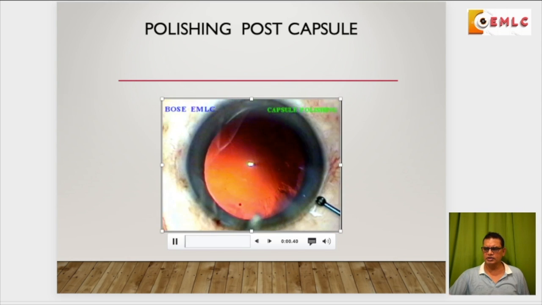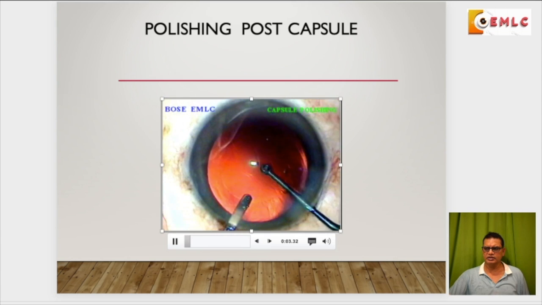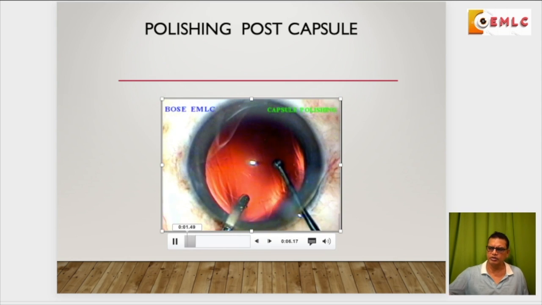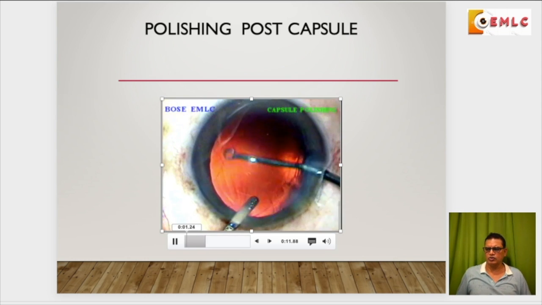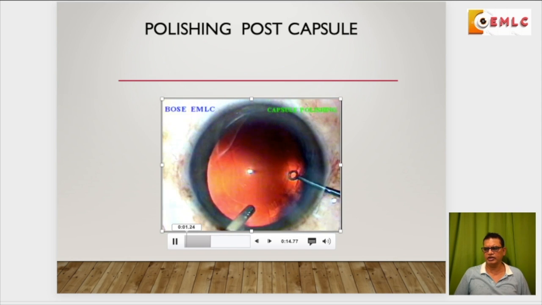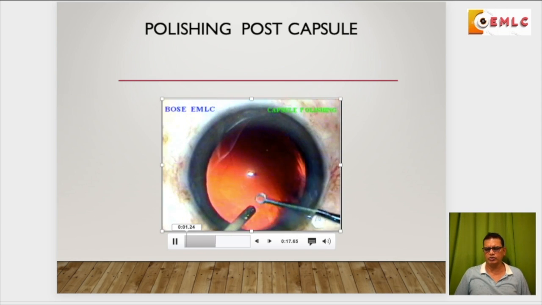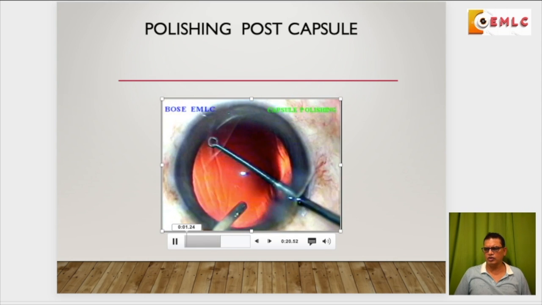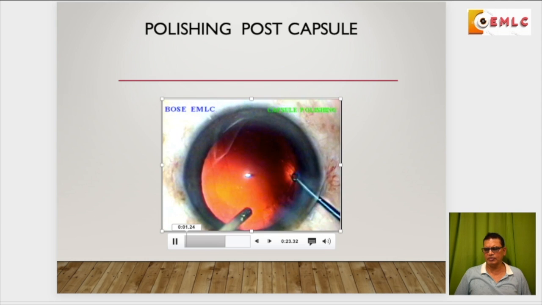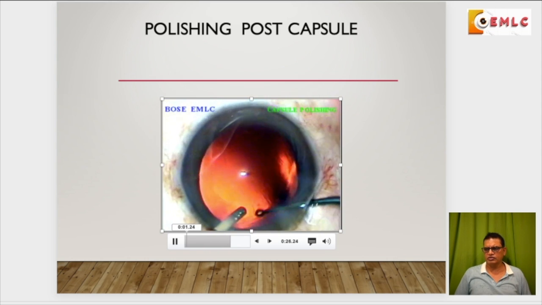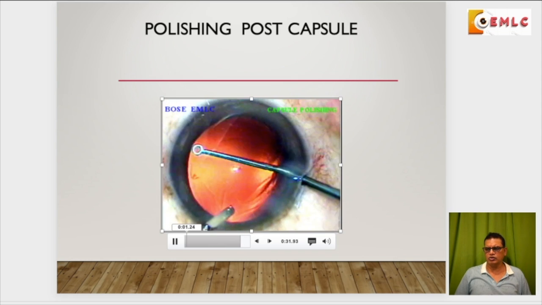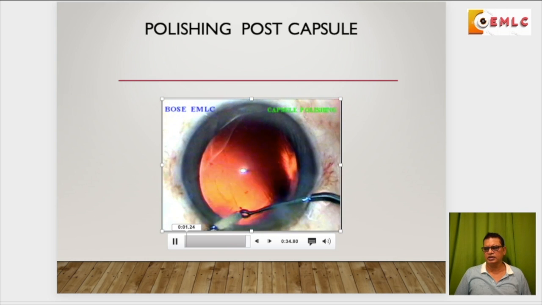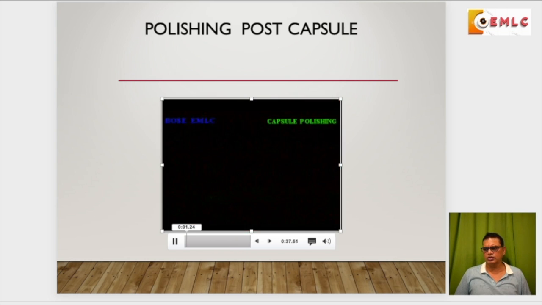Another very important technique I do in most of my cases is that at the end of the procedure, I polish the posterior capsule either with the phaco tip itself with a setting as low as 10 millimeters of mercury vacuum and a flow rate of about 8 to 10, just to remove all the particulate matter attached to the posterior capsule, because it's very important for the patient to see very well immediately postoperatively. And sometimes I also try to clean the posterior surface of the anterior capsule